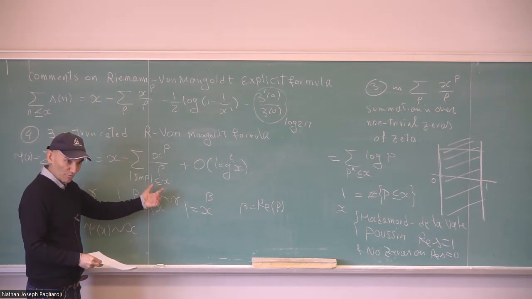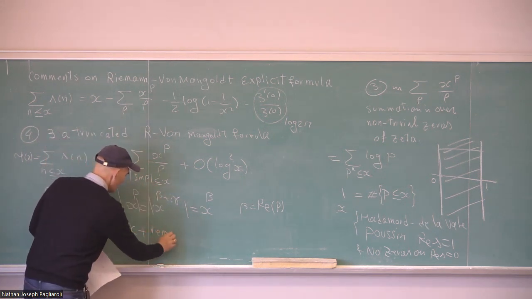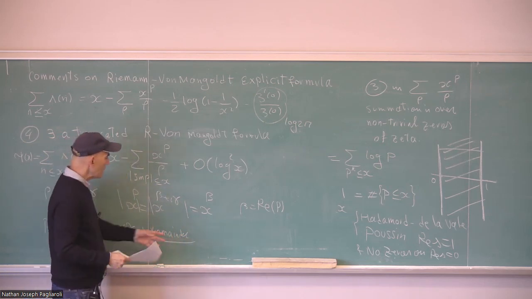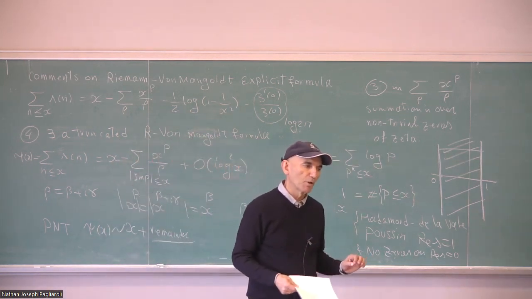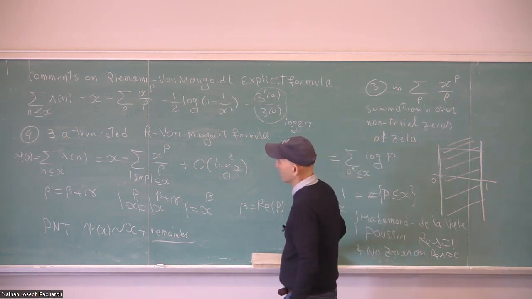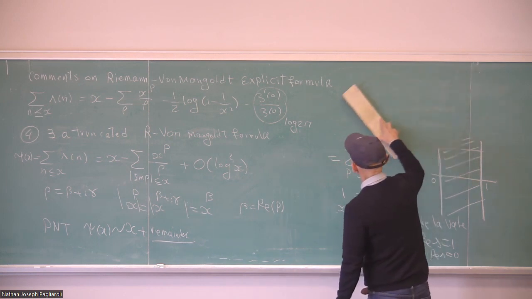You want to know what the remainder is, x plus some remainder. The remainder seems to be the smallest possible remainder if the Riemann hypothesis is true. So that's maybe one reason why Riemann came across this. I don't know, but